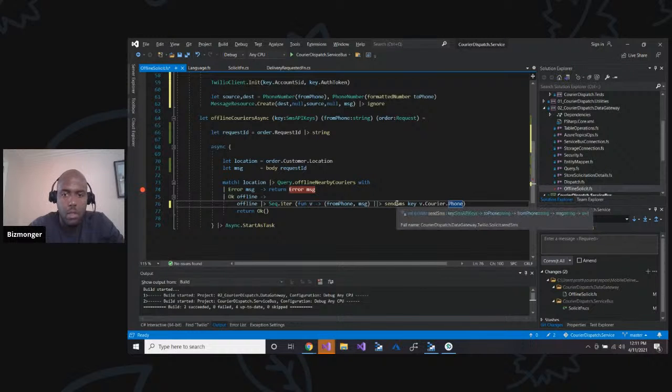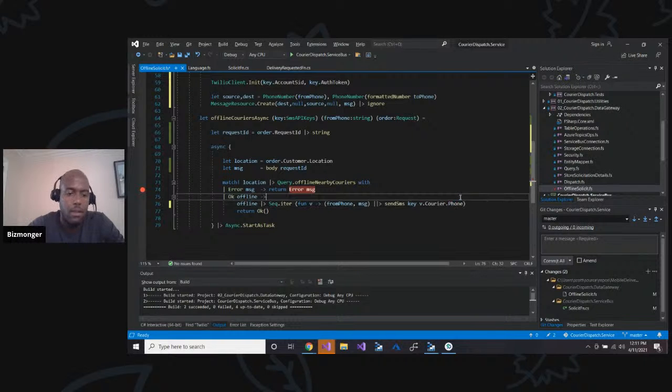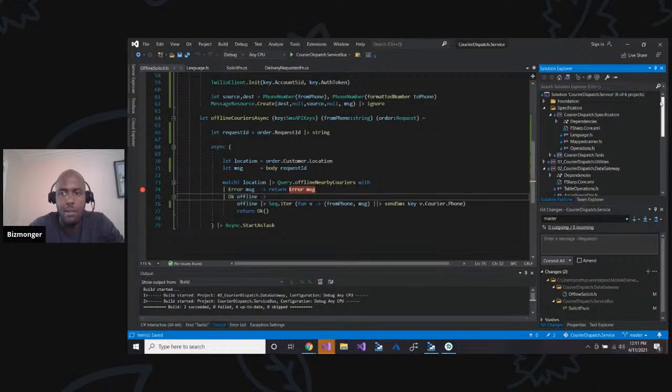So send it SMS key and then to phone. So this is right. But part of me is like, it's still easy to screw up. So I'm curious if